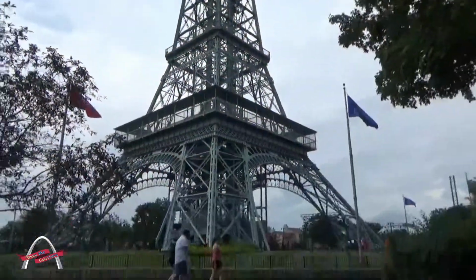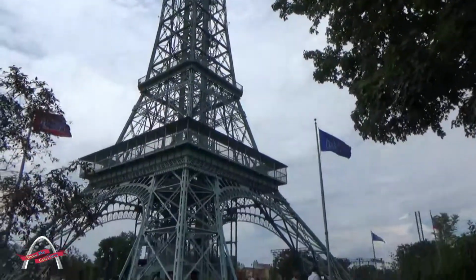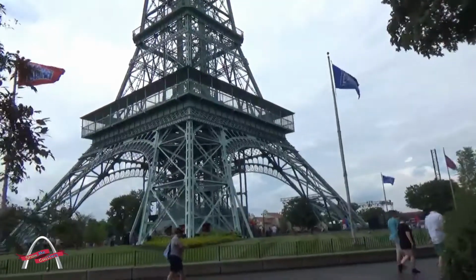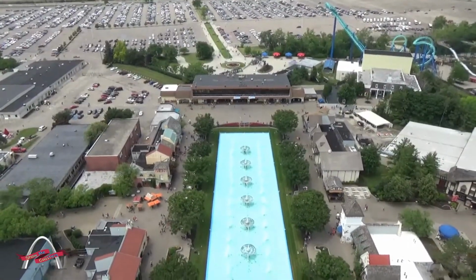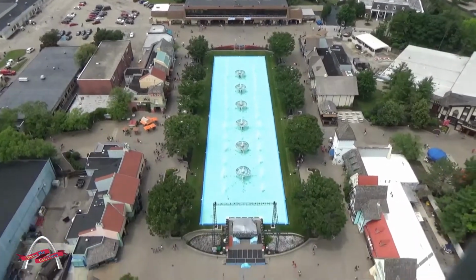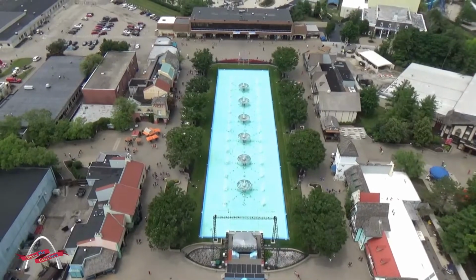So now we're going to go up in the Eiffel Tower and give you a bird's eye view of the park, and then we're going to come back down and head towards the action zone. Okay folks, we're up at the top of the Eiffel Tower. What you see below us is International Street with the Royal Fountain, which is in full bloom today. And off